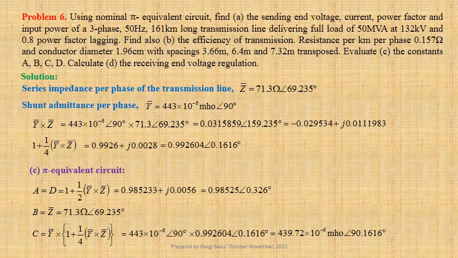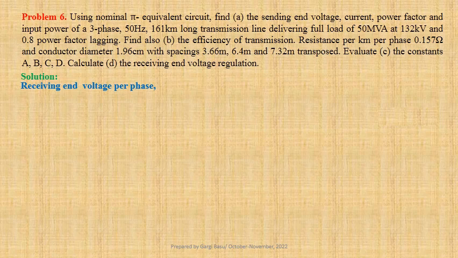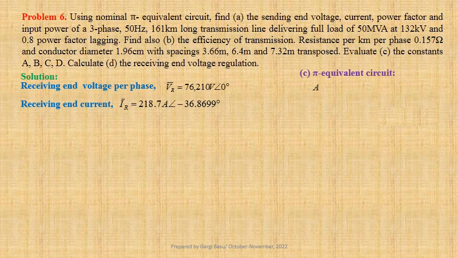439.72 into 10 to the power minus 6 mho at an angle 90.1616 degree. Taking receiving end voltage per phase as reference, we can write VR equals 76,210 volts at an angle 0 degree. We have obtained receiving end current IR equals 218.7 ampere at an angle minus 36.8699 degree, and generalized constants for pi equivalent circuit A equals D equals 0.98525 at an angle 0.326 degree, B equals 71.3 ohm at an angle 69.235 degree, and C equals